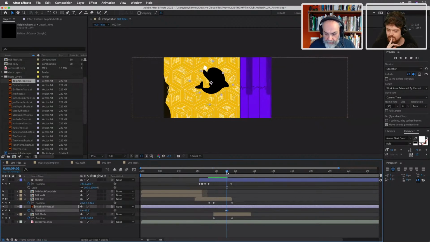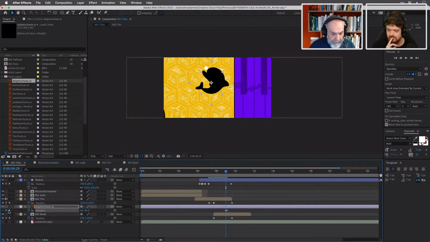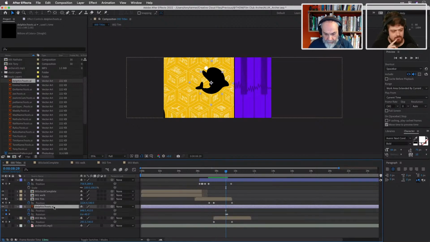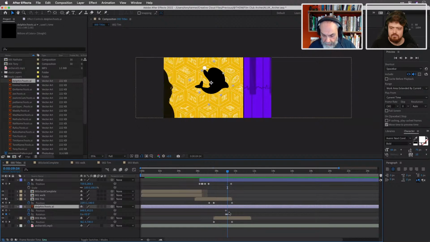Okay, so going back to this keyframe here. We're now going to tap P for position. Make sure it's keyframed just there. So that's in exactly the right place at more or less exactly the right time. I'm just tapping U twice just to go to the keyframes here. Actually, it needs to be that point there.